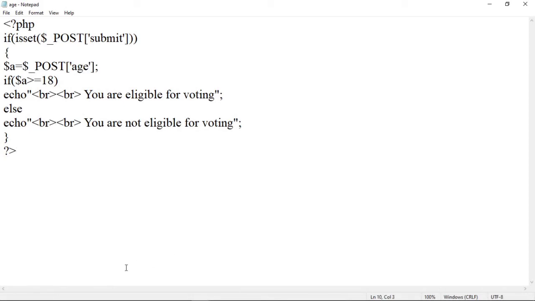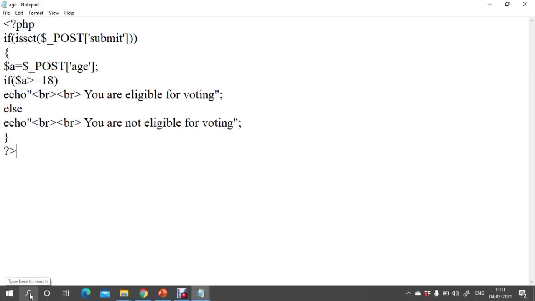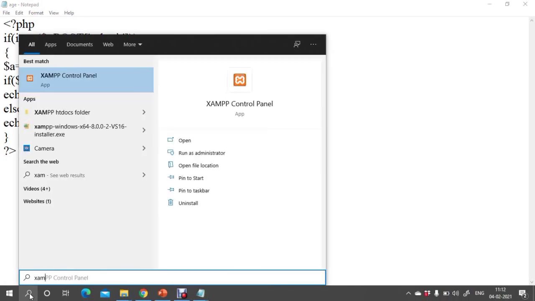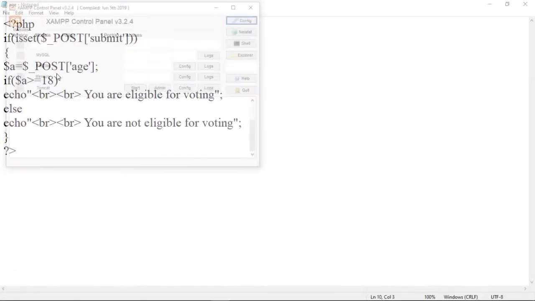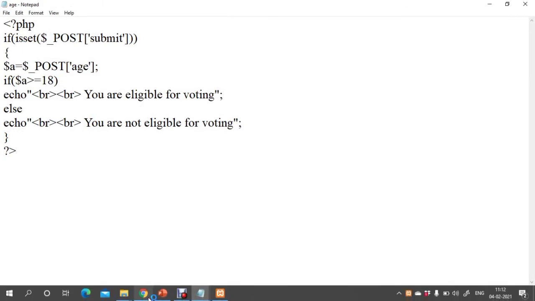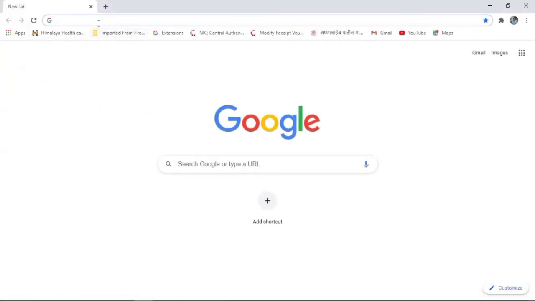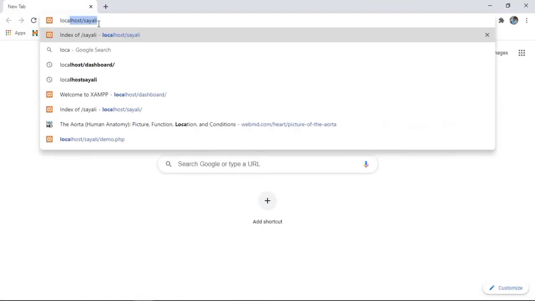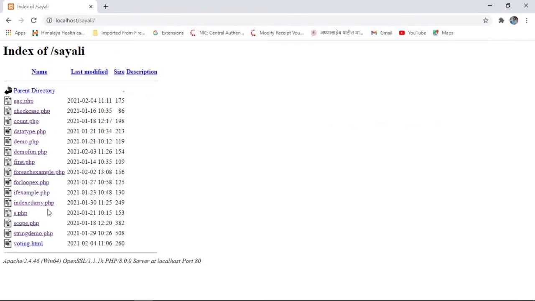To run this program, first of all start the XAMPP server. So open the XAMPP control panel, start Apache server, check here the status, it is running. Now we can run our program. So to run a program, first of all type localhost here, then your programs will get displayed here.